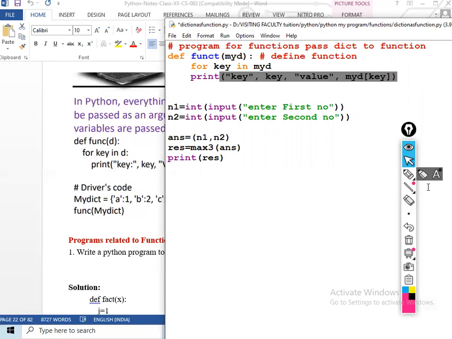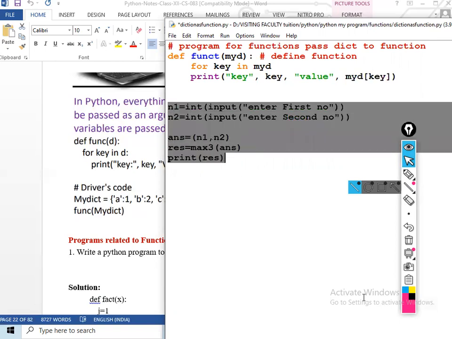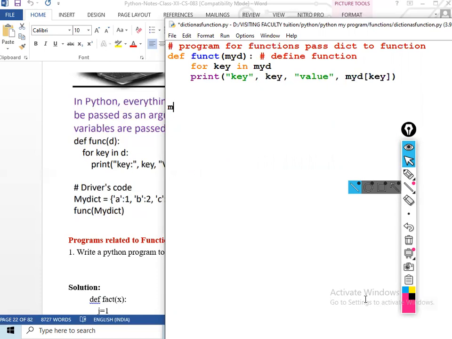Why am I taking this? This is the position. My key means my 0. Here I take my dict, my dictionary equals P1 key, second Q2, R3, S4.